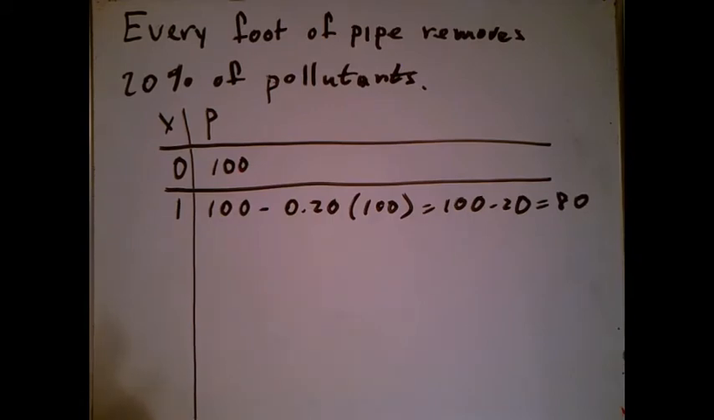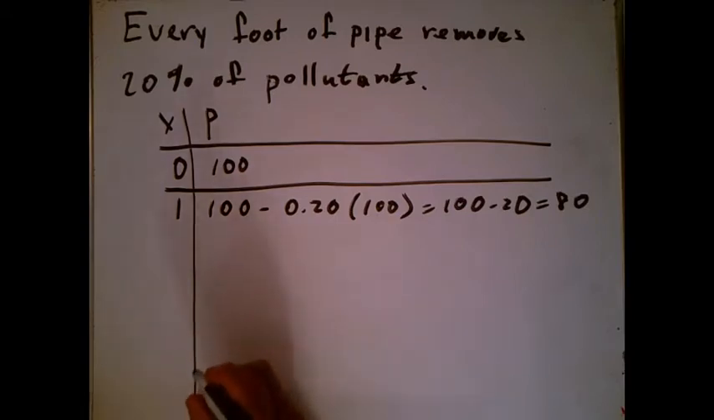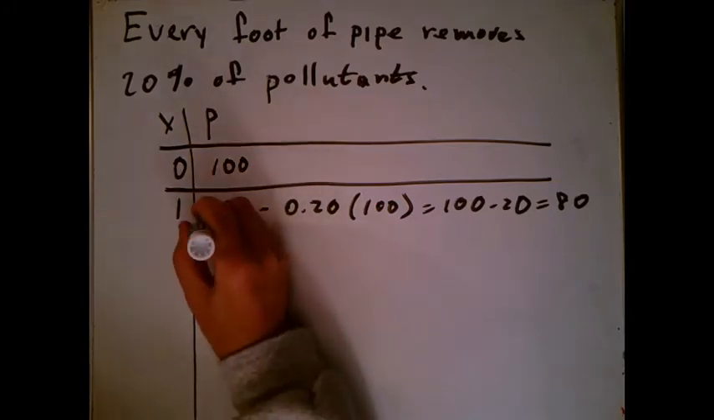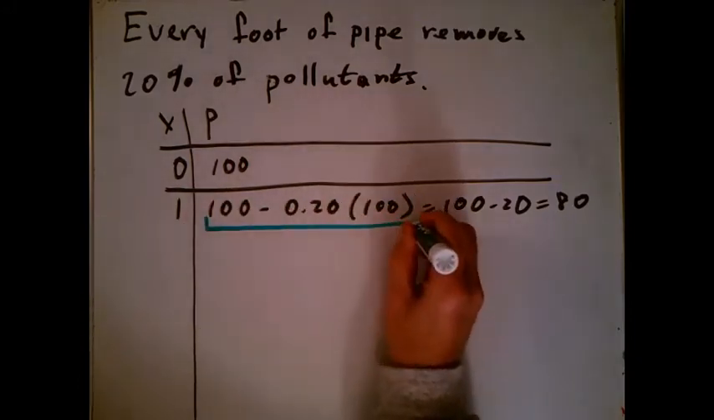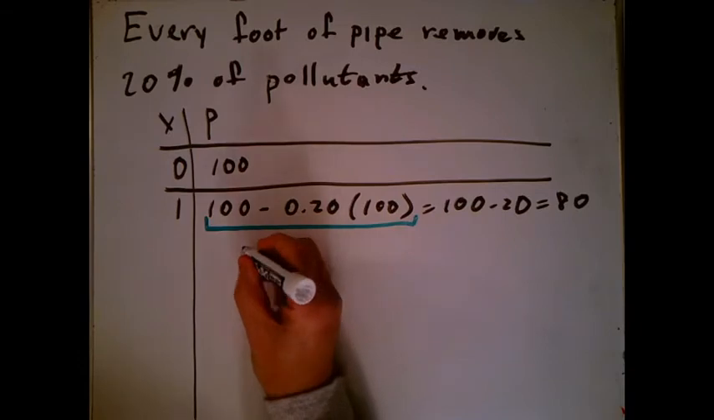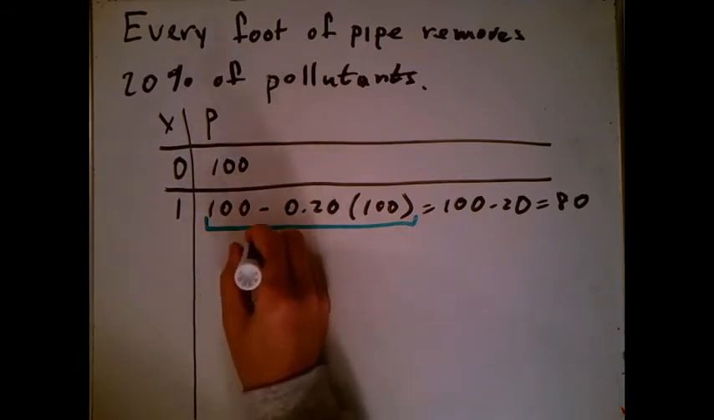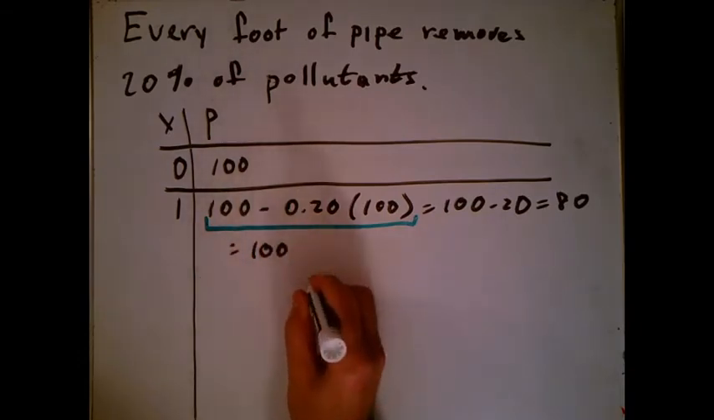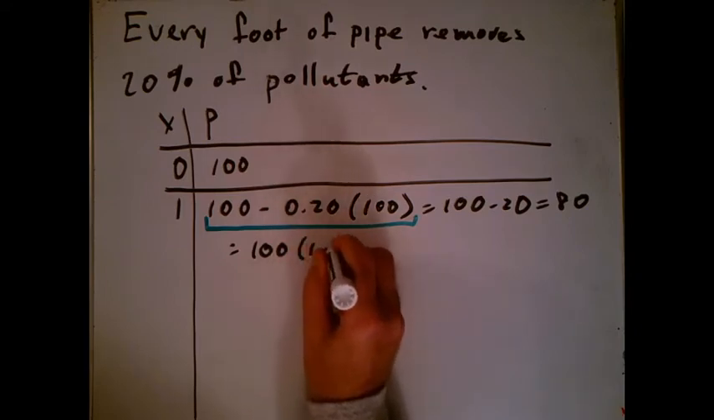If I don't work out the numbers, I'll actually see a pattern more quickly, and that's what I'm going to do. Instead of multiplying that out, I'm going to look at this little piece right here, and I'm going to factor out 100 because there's 100 in each of them. So this is going to be 100 times 1 minus